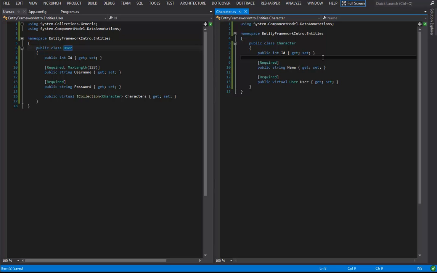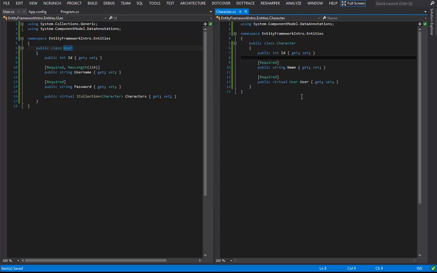So really, that's the most interesting code that we need to write in order to work with Entity Framework. The only other bit that we have to write, the bare minimum to work with Entity Framework, is going to be our data context class. Now, our data context class effectively is a session factory, if you're familiar with Hibernate. It's actually a combination of a session factory and a session. What I mean by that is the data context class is what we're going to be using to interact with our database. It's going to contain the connection to the database, but it also has to be made aware of